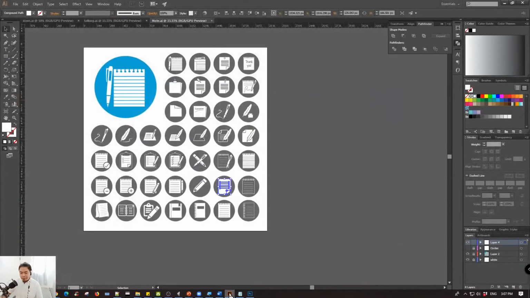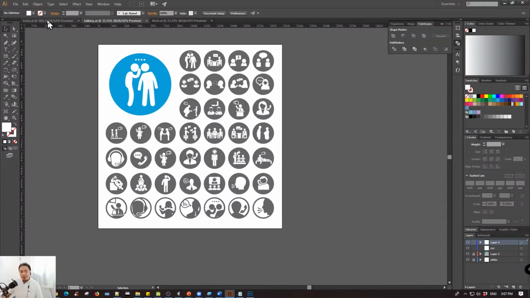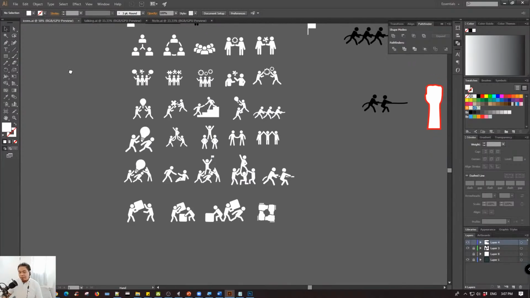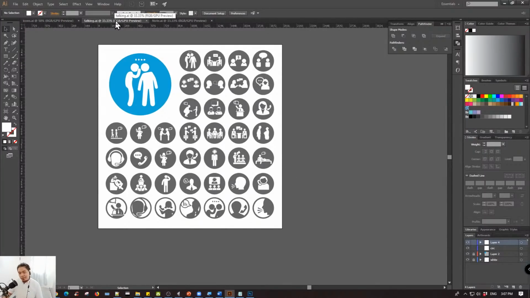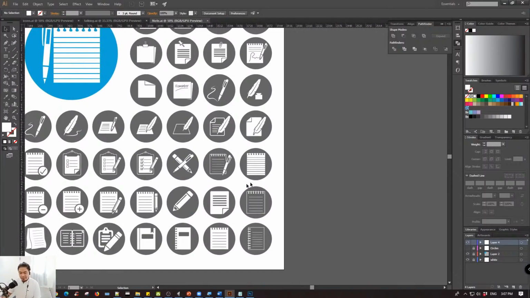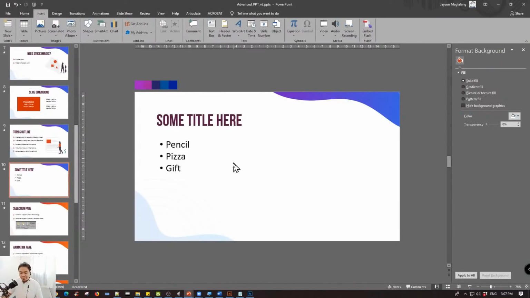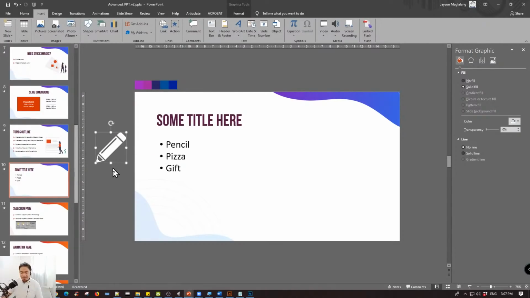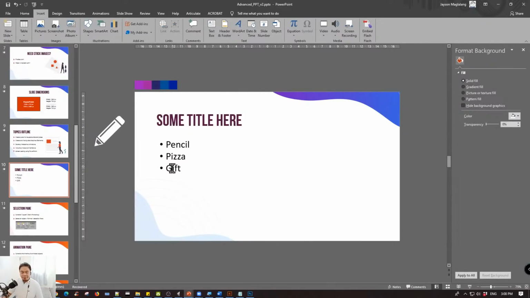Okay, meron po ako dito application. So aside from Adobe Photoshop, meron dito tinatawag na Adobe Illustrator. It is very good in creating icons. I'm not going to show you how to create icons in Illustrator, but I'd like to show you na meron pong software available na pwede nating magamit to have some icons. Okay? So let me get this icon, kakopy ko siya, and then directly pwede ko siya i-paste here in PowerPoint, like that. So meron na akong pencil. Now, kailangan ko pa ng icon for pizza, for gift, medyo